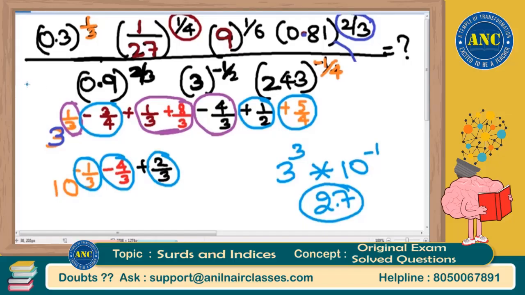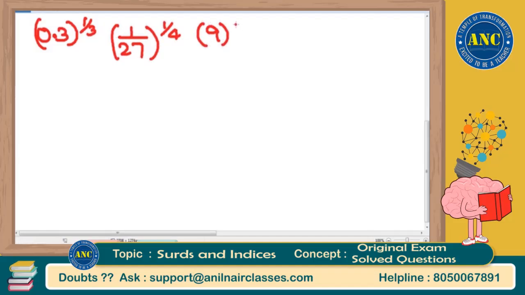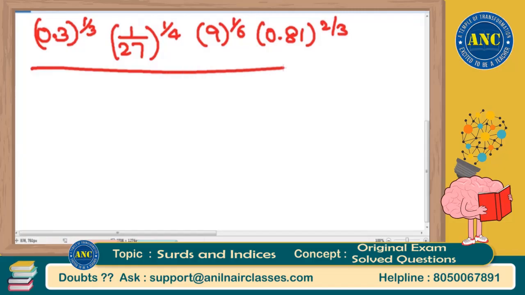Idea is clear, sir. Now see here. This is my method 1. Sir, what is your method 2? Listen carefully. I am writing the question again. 0.3 whole power 1 by 3, 1 by 27 to the power of 1 by 4, 9 to the power of 1 by 6, 0.81 to the power of 2 by 3, whole thing divided by